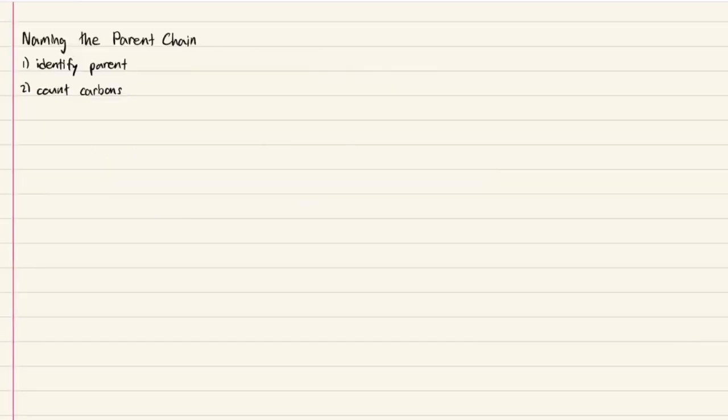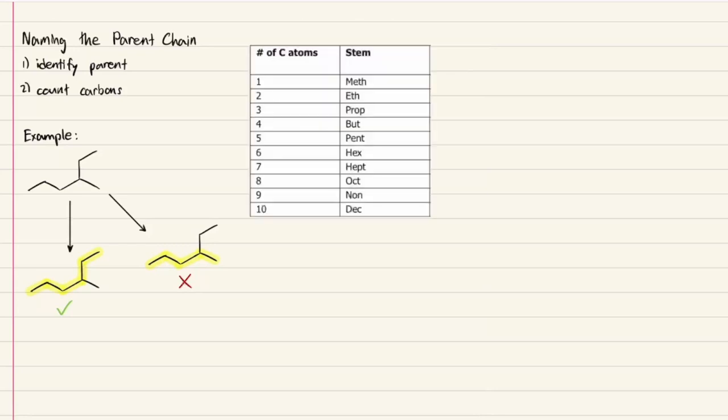It's a good idea to count the number of carbon atoms after identifying your parent chain. Place your pencil at the start of the molecule and trace over every connected carbon without lifting your pencil. If you have to lift your pencil at any point to reach another carbon in the molecule, it isn't part of the parent chain. Once you've done that, you can now assign it its name. Here is a table with the terms we use to describe parent chain length. Parent chains can be longer than 10 carbons long, but most of the carbon chains you will encounter are covered